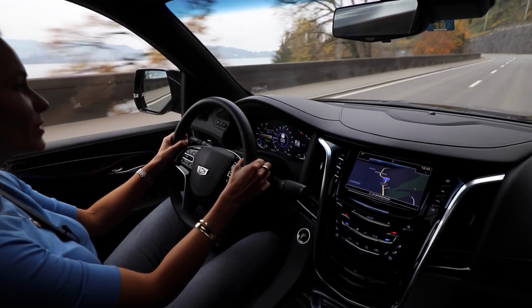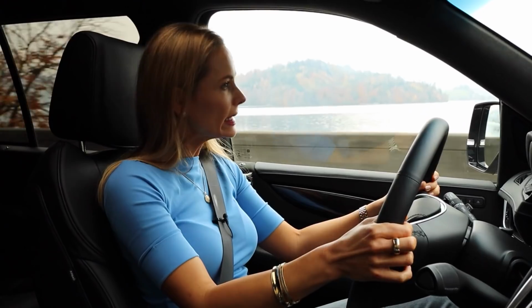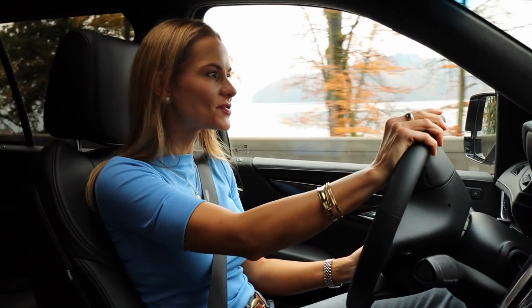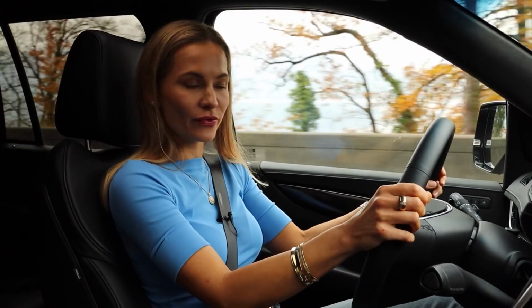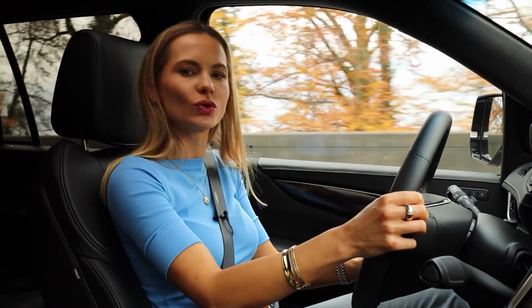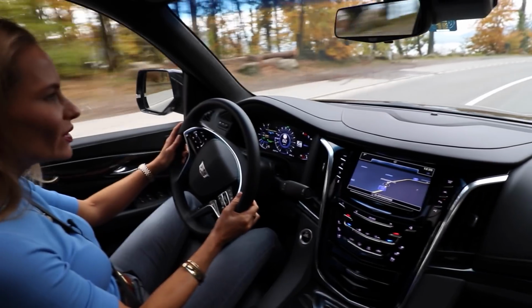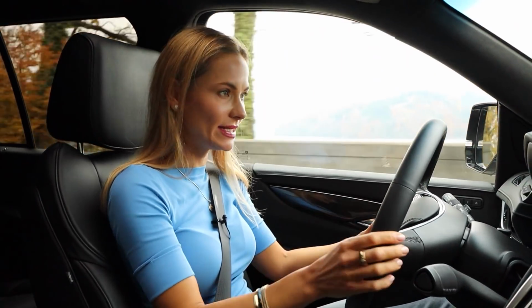Us non-Americans, when we visit the United States of America, we find it very interesting, a little bit bizarre, as to why there are so many drive-thrus. I mean, not just McDonald's, also banks, dry cleaners have drive-through facilities. I mean, why? But today I have finally understood why. Because why on earth would you want to get out of a car like this one and deal with peasants